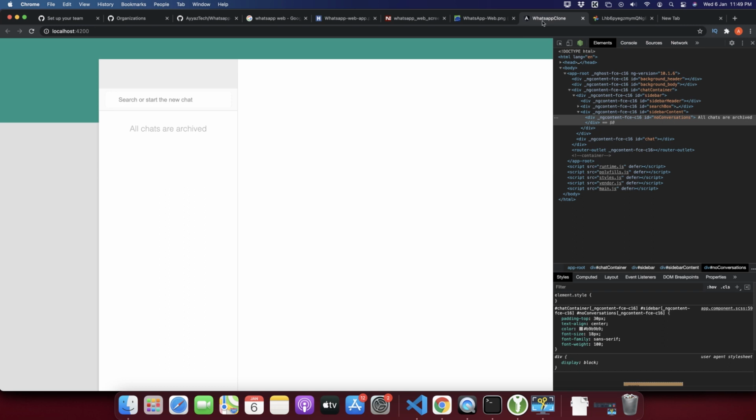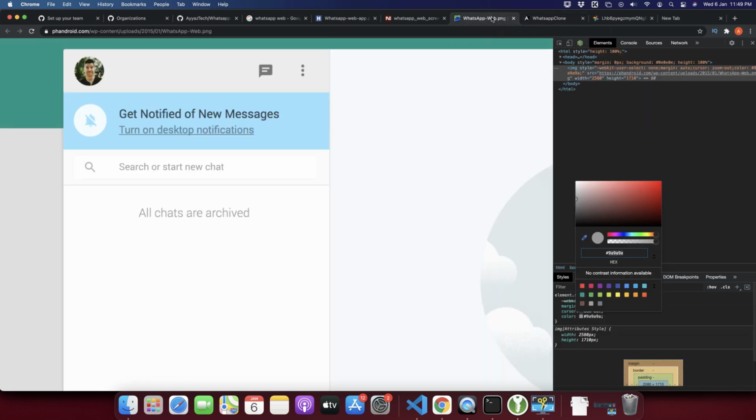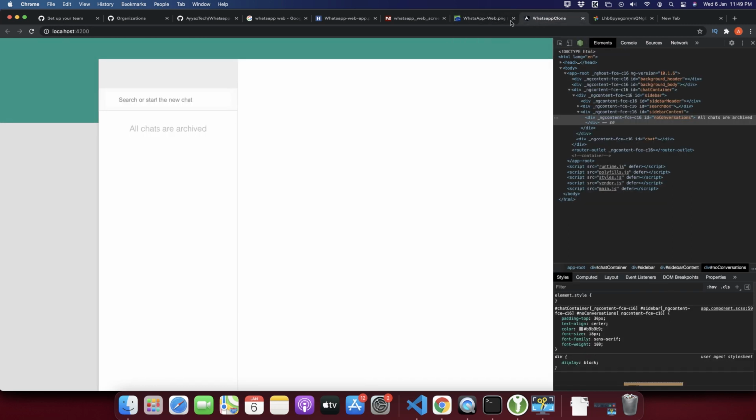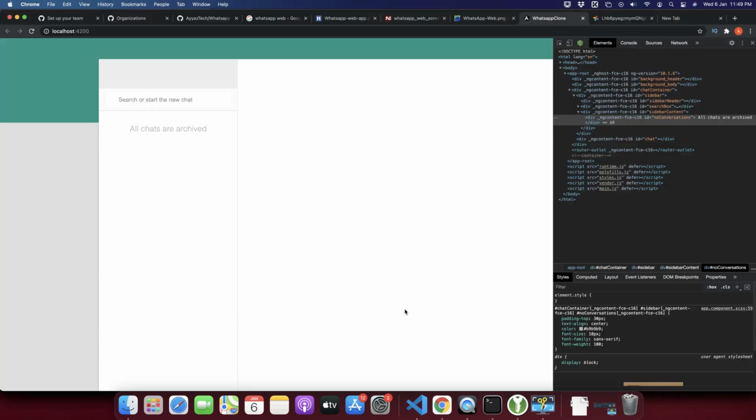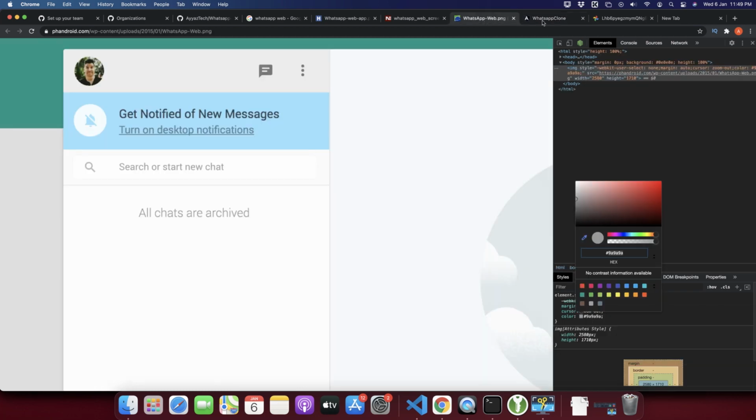Okay, now the color is same that we need, but it is too bold. We need to reduce the font weight. And other than that, I guess everything is fine. We just now need to add the